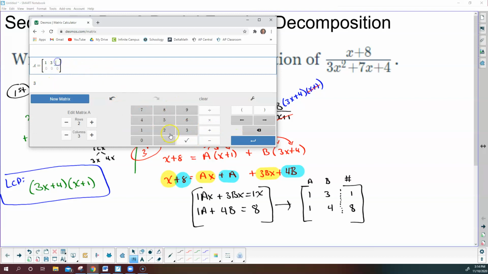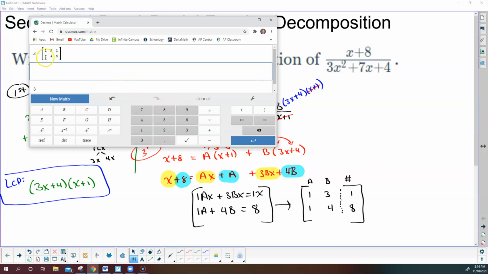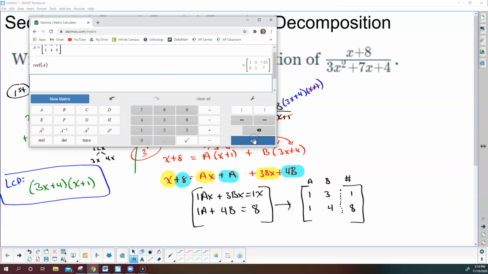1, 3, 1. And then we've got 1, 4, 8. Right? Then hit enter. Now that will log A in, and I want to do the reduced row echelon form of matrix A. So I'm going to hit the RREF of A, hit enter, and that will give us